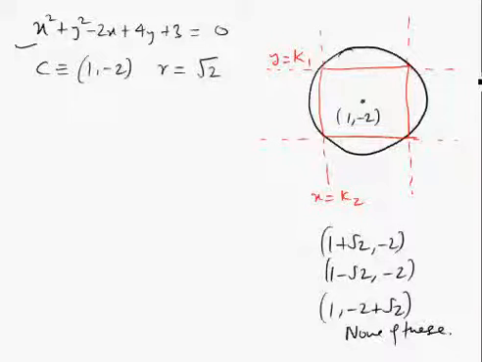So these are two sides of the square which are parallel to x-axis, and these are two sides parallel to y-axis. So the equation of these two lines which are parallel to y-axis would be of the type y equal to k, y equal to constant, and the two sides which are parallel to x-axis, the equation would be of the form x equal to k. Now we are supposed to find